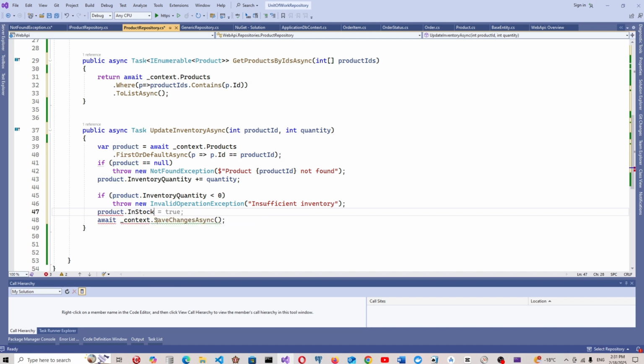In stock equal to true. Okay. So now we have our product repository,